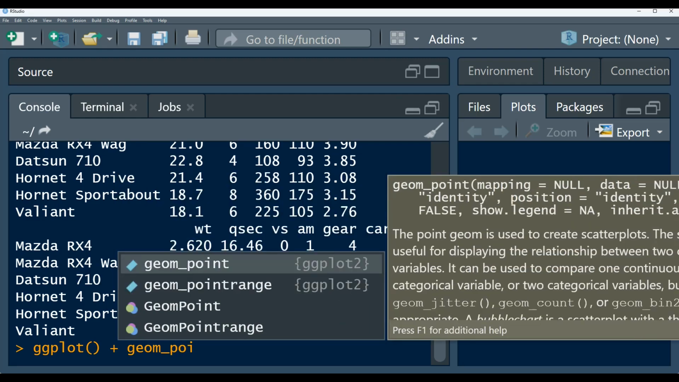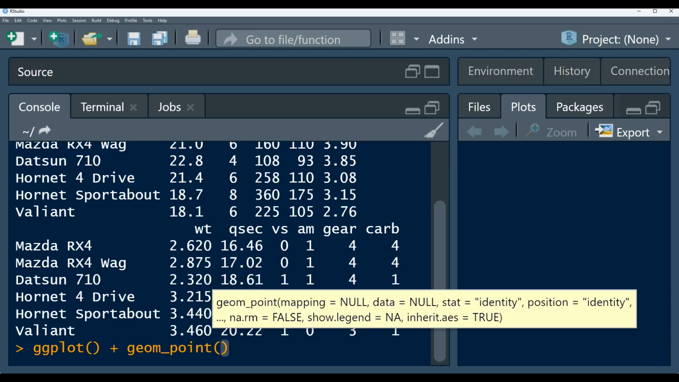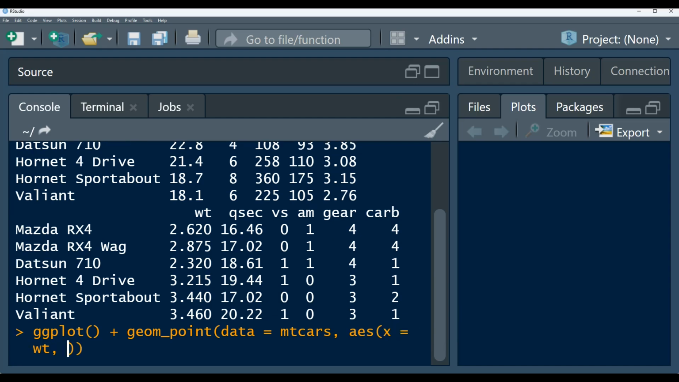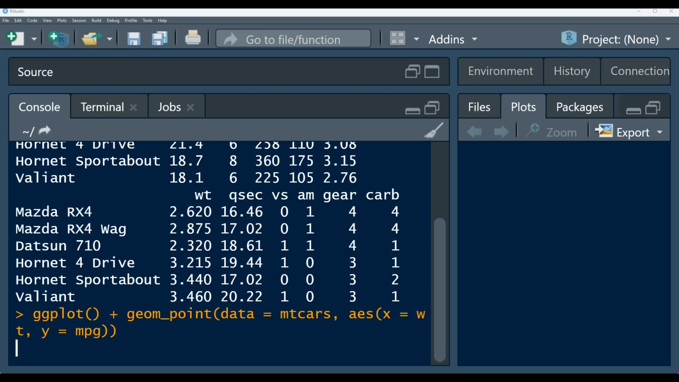Then we want to say geom_point because we want to plot the points. Remember, we have to pass in the data, so it's the data that we're going to use, the mtcars data set. Then, in this function, we specify the aesthetics. In this case we want the weight on the x-axis and miles per gallon on the y-axis. If we run this